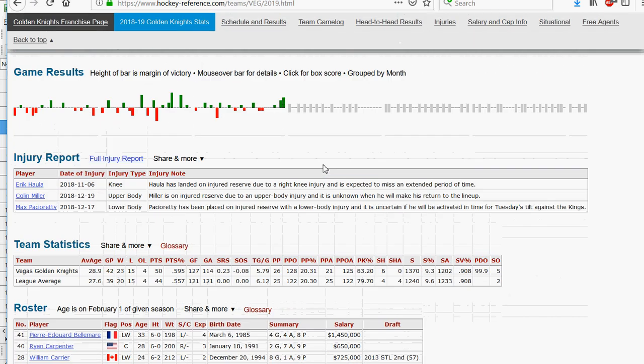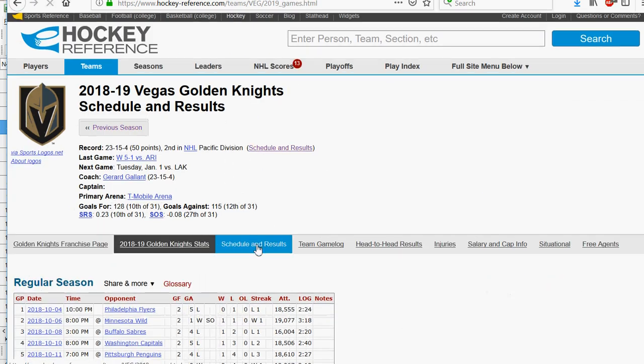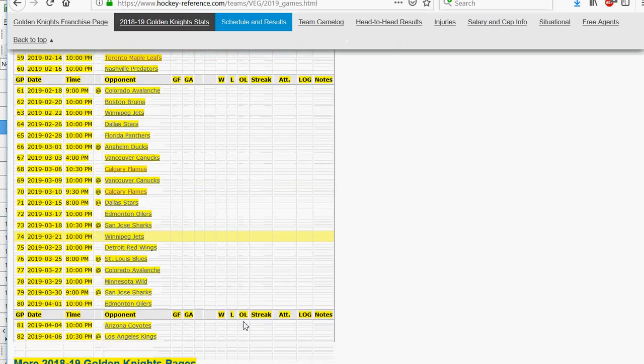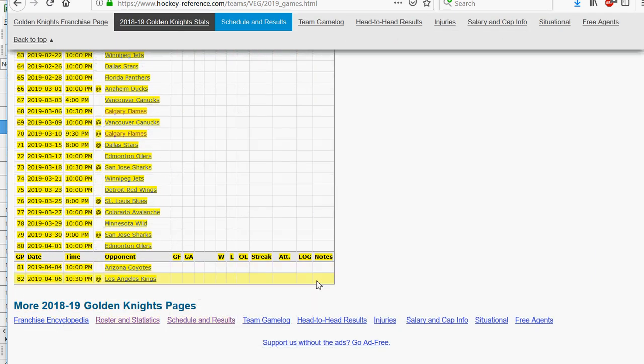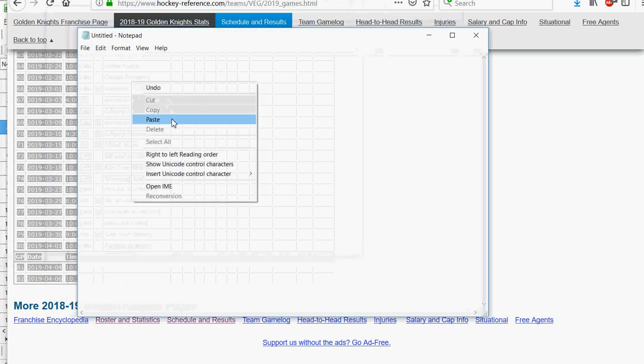And this is what we have. I'm going to want to go to their results, which would be schedule and results, and I can just copy and paste everything. And I want their upcoming games too, because I'm going to have to manually insert this the rest of the way. Okay, so I'll paste this in a notepad,